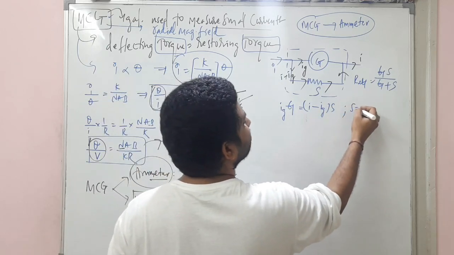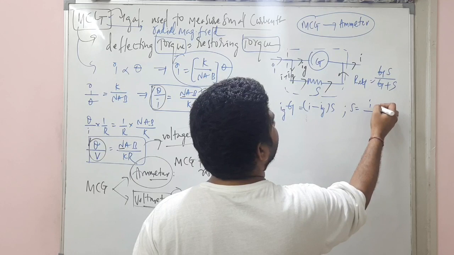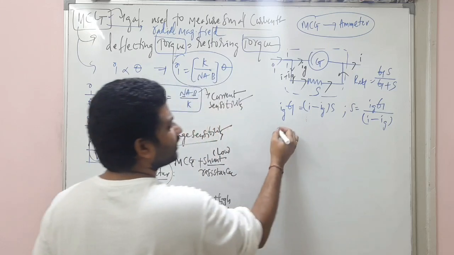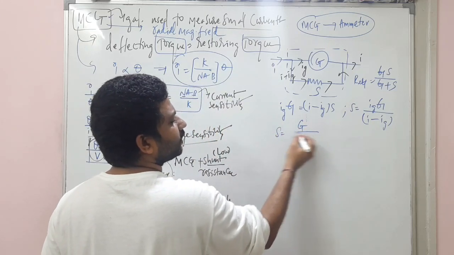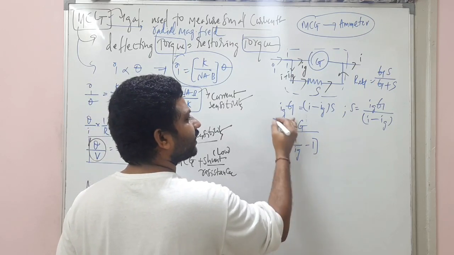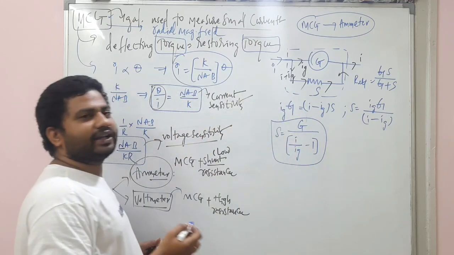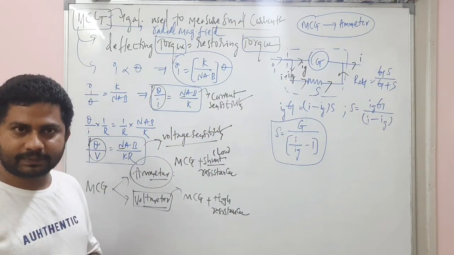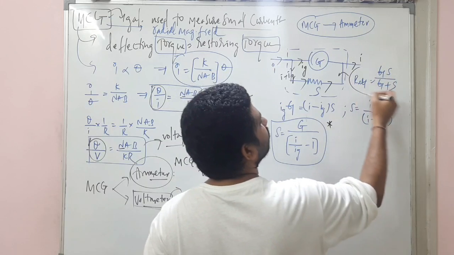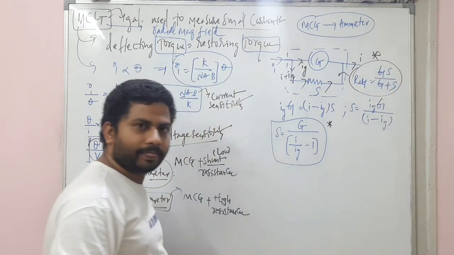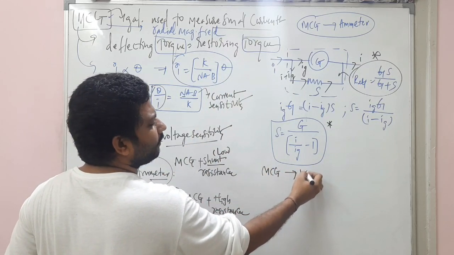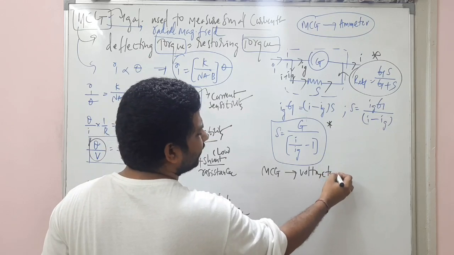So from here, shunt resistance I can write as Ig into capital G by I minus Ig, and shunt resistance is equal to galvanometer resistance divided by I by Ig minus 1. Very important expression, remember this. By using this, the question can be asked. Now the same moving coil galvanometer, how it will be converted into a voltmeter, completely we will learn now.